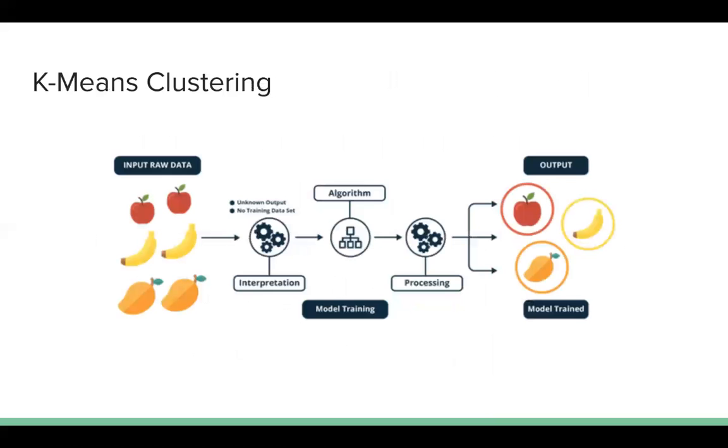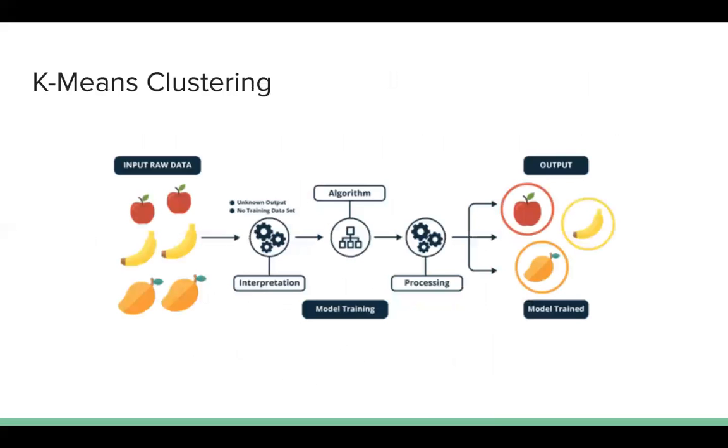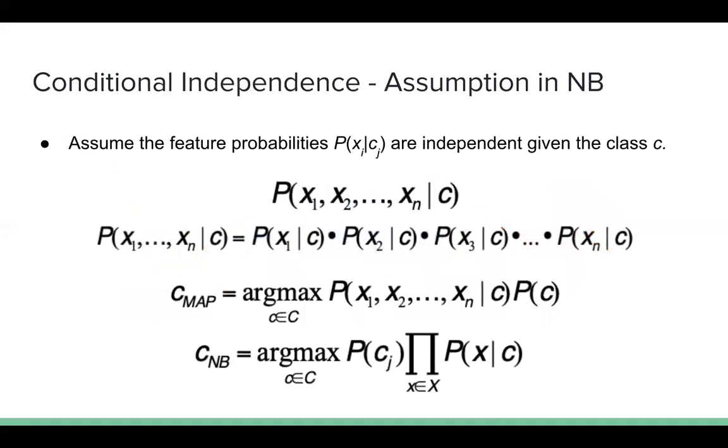Okay, so with that understanding, we will see the code of naive Bayes in a couple of minutes, because it's pretty simple, just calling the naive Bayes function and doing all the pre-processing. So we'll quickly go to the final algorithm that I thought of discussing with you guys, the k-means clustering algorithm. Till now what we have seen is a regression algorithm, linear regression, and logistic regression is a classification algorithm, and naive Bayes is also a classification algorithm.